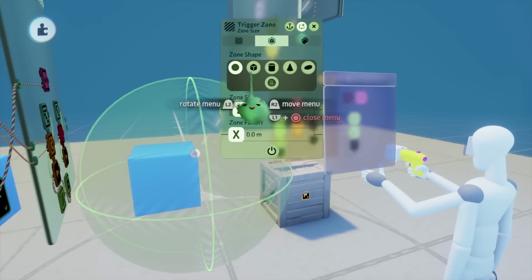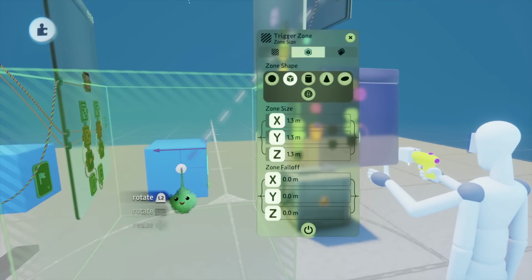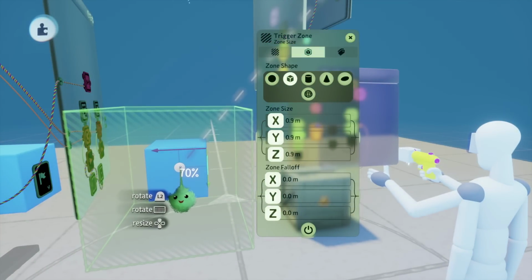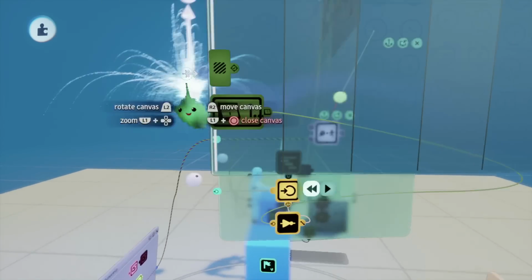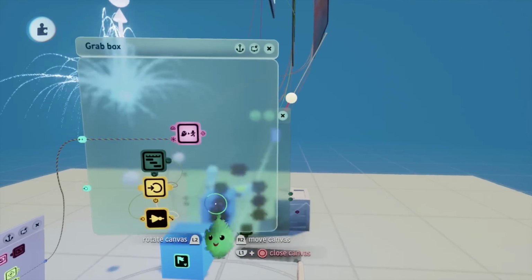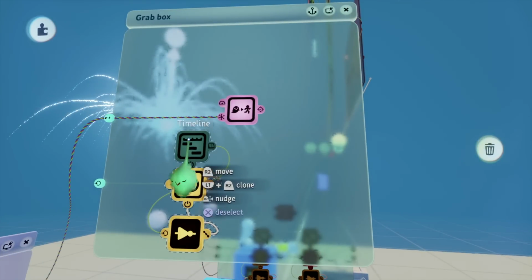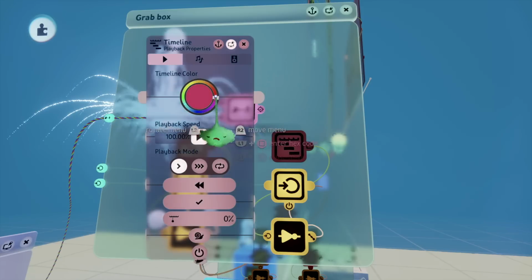And we're going to want to make the zone more square because that's probably better for this particular situation. And make it a little smaller. It doesn't have to be so big. We'll see. It can be modified if necessary. So if it turns out not to work, don't be bothered by that. Next thing we're going to do is take out another one, and we're going to label this one